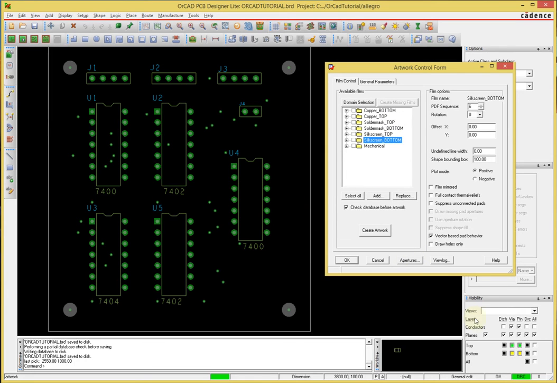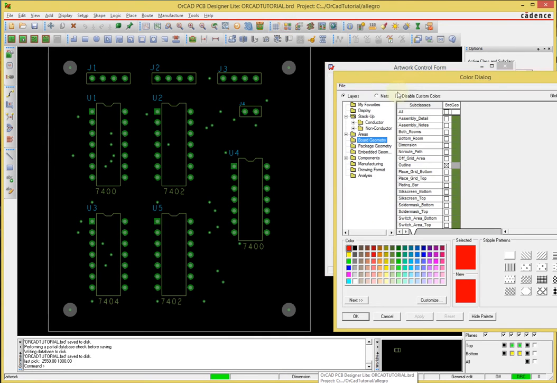There's one more layer that I need to add, and that is the outline layer all by itself, because the manufacturer needs an outline layer. Usually with the outline, there are two ways you can handle this. You can either draw an outline on the silkscreen top layer along with your reference designators, or since there's already an outline in our design, we can go to